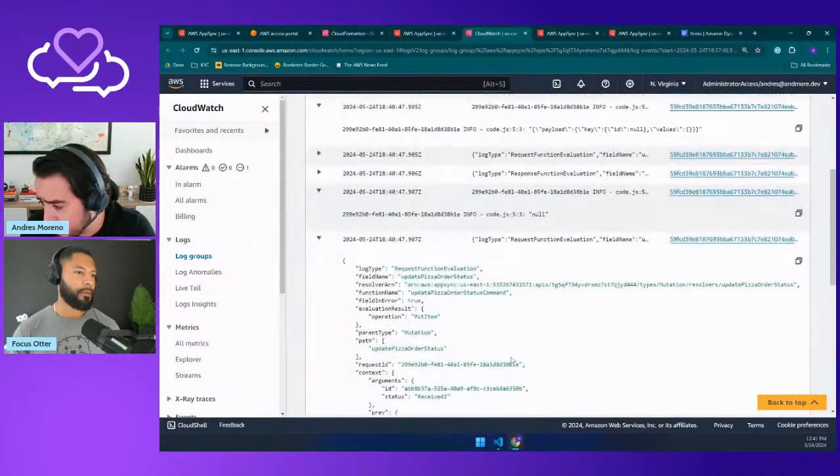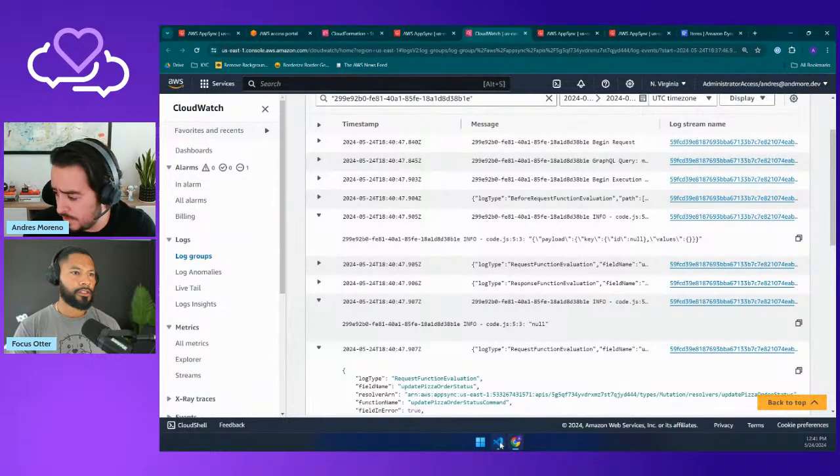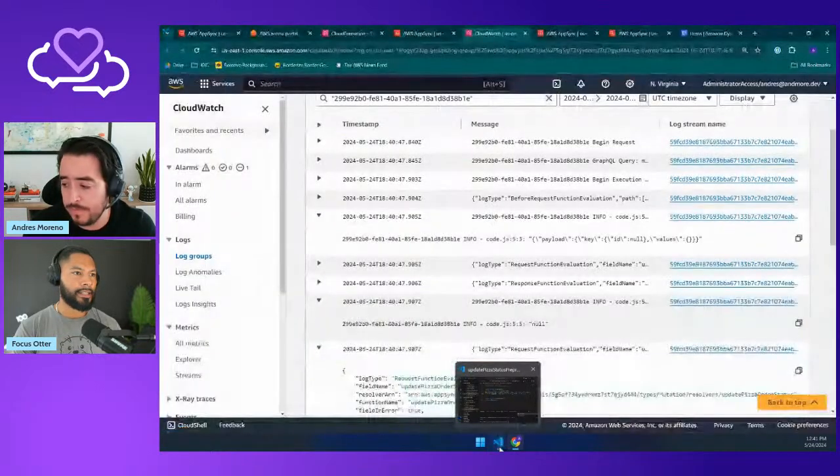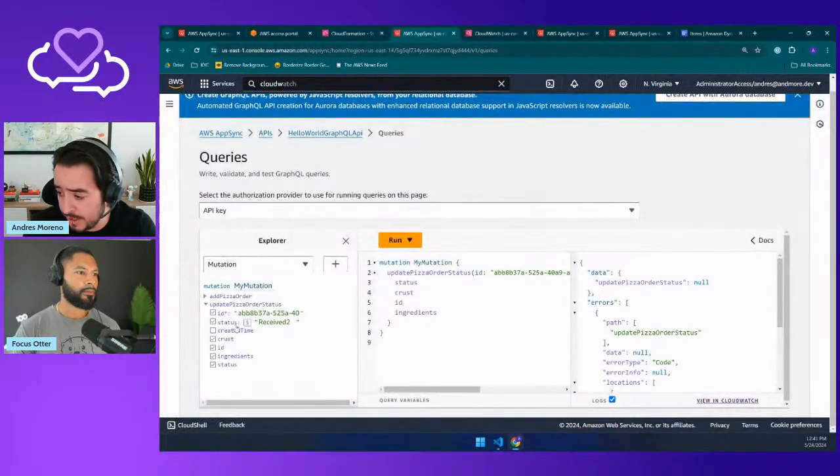Cool. But now we can troubleshoot this and see what's going on. So the ID isn't getting to it. And did you pass an ID in your mutation? Yeah. So if we look at the mutation, I got the ID and the status. Looks good. So we just need to go back to your